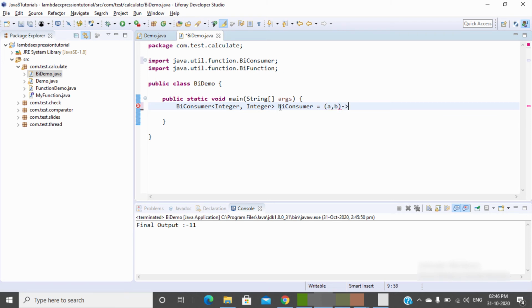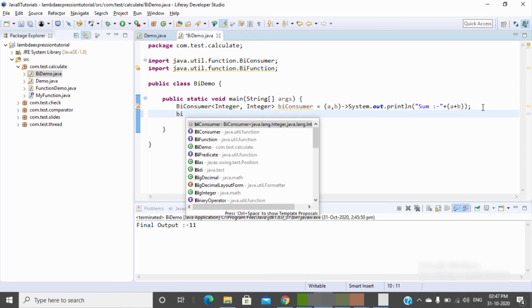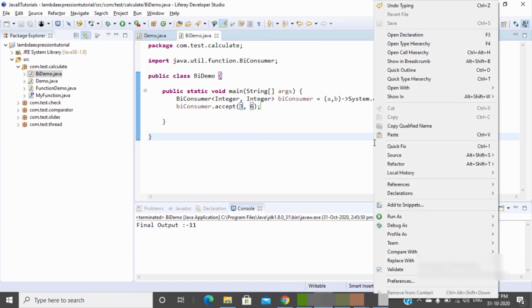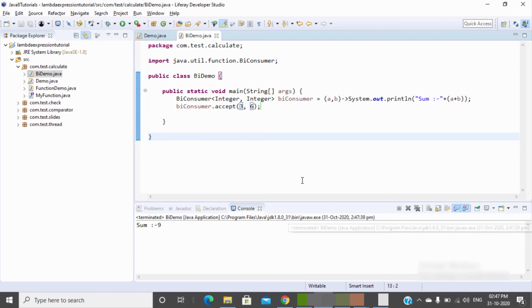Let's print something, because our consumer never returns anything, as we discussed in detail in the previous videos about the consumer. So it will accept two things, like 3 and 6. So this is the sum.